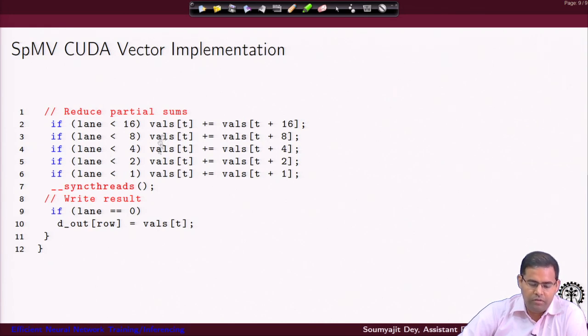So, this is very much like the reduction optimization we taught in our reduction class, where we did reduction inside a warp, right. That is what you can see, that we are assigning for each thread which parts of the val it is going to add, right.